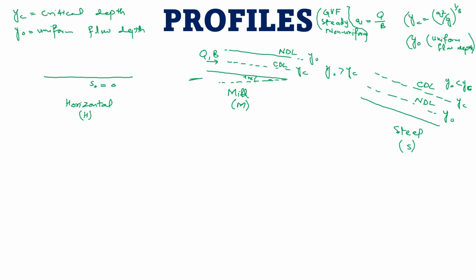So on that base, due to variation along the length of the channel, that flow will become non-uniform because there is a change in flow parameters with respect to length, with respect to distance, but there is no change with respect to time at a single section. So this flow will be known as the steady non-uniform flow. So for steady non-uniform flow, we have another depth,